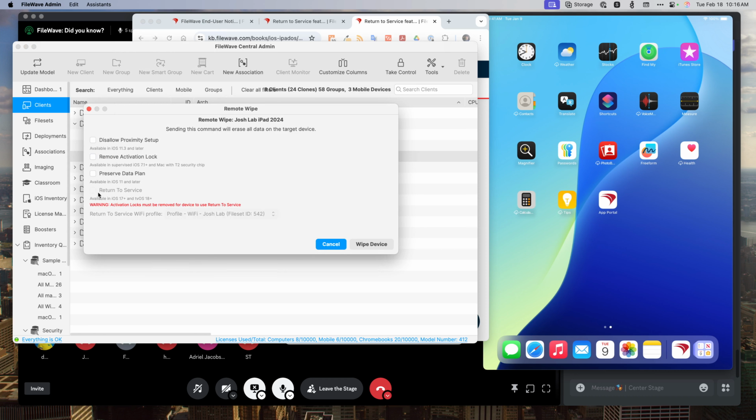If I don't, I can't pick return to service. Obviously, activation lock has to be attempted to be removed. Otherwise, the device will be sitting waiting for credentials to remove activation lock. It would kind of hold things up. And then, because I have these two things checked, I can pick